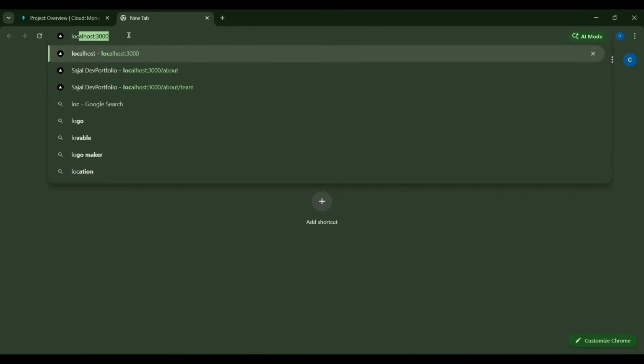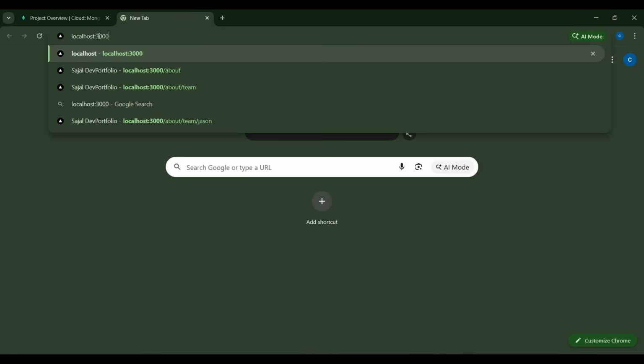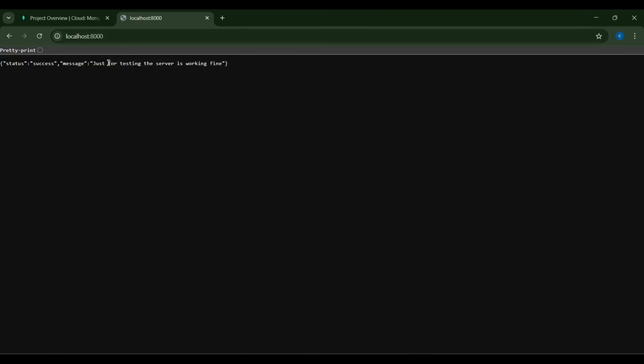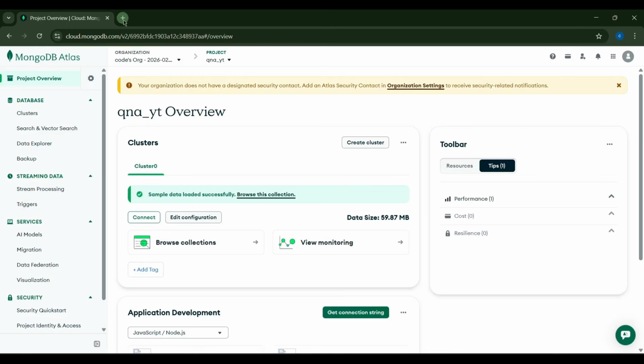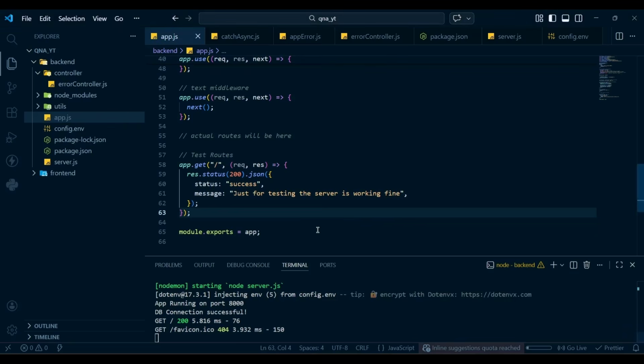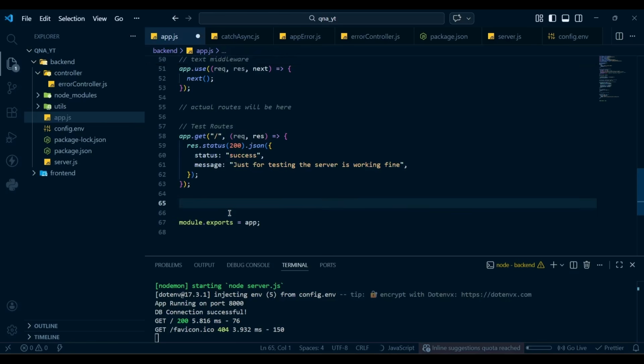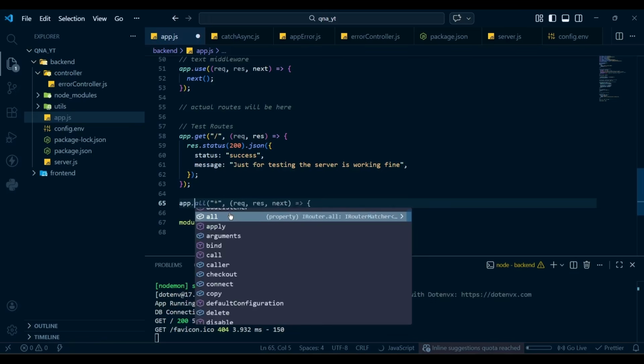Now if you go to any browser and go to localhost 8000 and hit enter, you will get the status is success and the message is just for testing the server is working fine. Awesome. That means our server works perfectly here. We can get data from the backend. Awesome. So after the test route, we'll have an app.use,